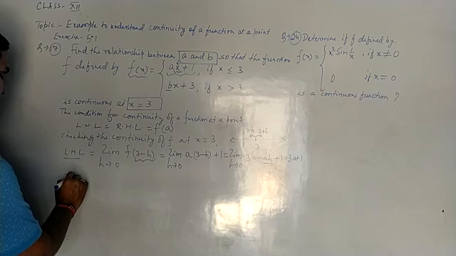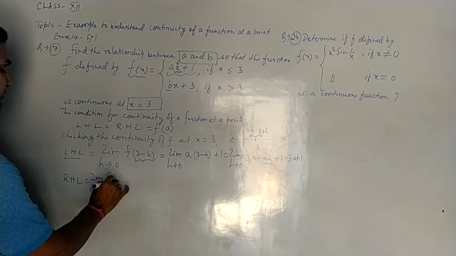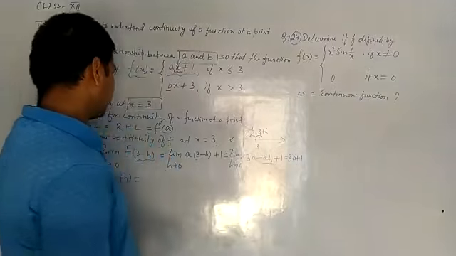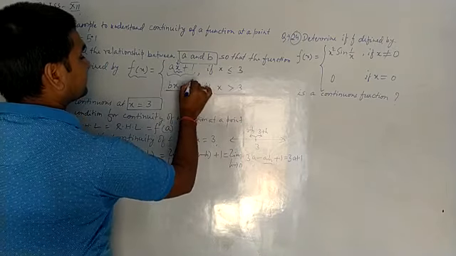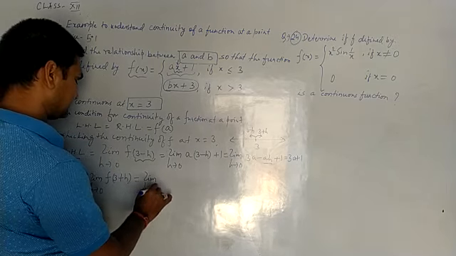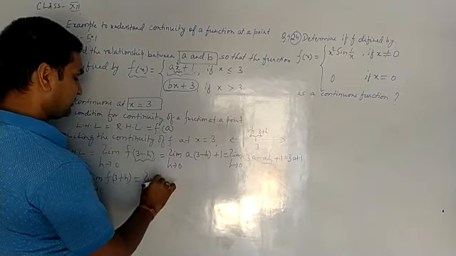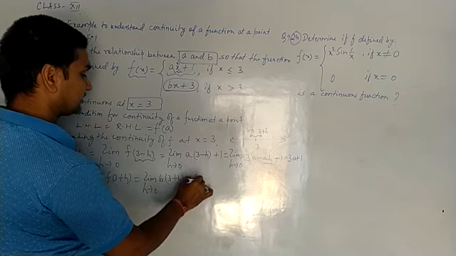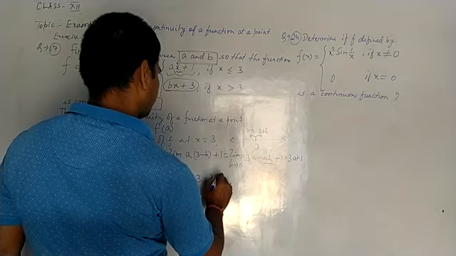And now RHL will be what? RHL will be limit h tends to 0, f of 3 plus h, because from the right hand side we are going to 3, so it is just more than 3. Which value should be selected? Here this one, bx plus 3. So what should be there? So limit h tends to 0. Now fx was bx plus 3, so f of 3 plus h will be b into 3 plus h, right, plus 3. So if you put here limit h tends to 0,